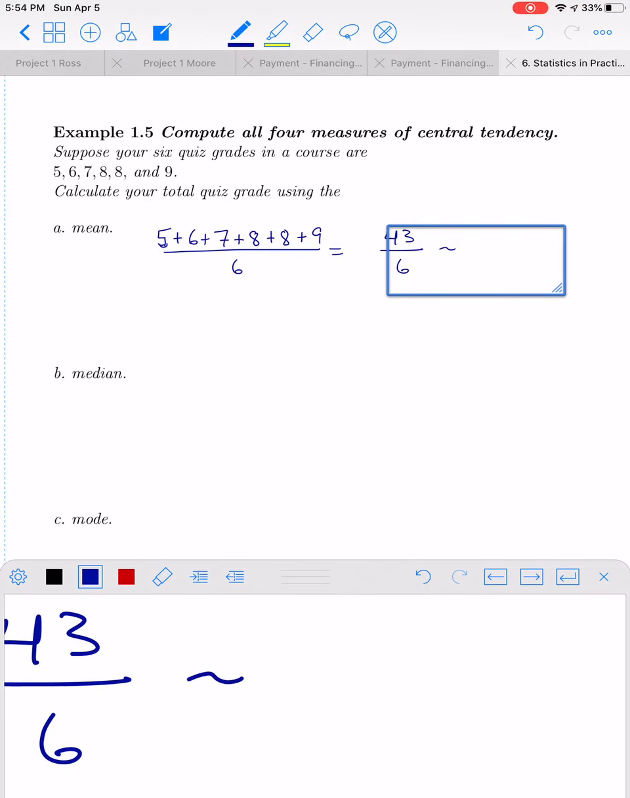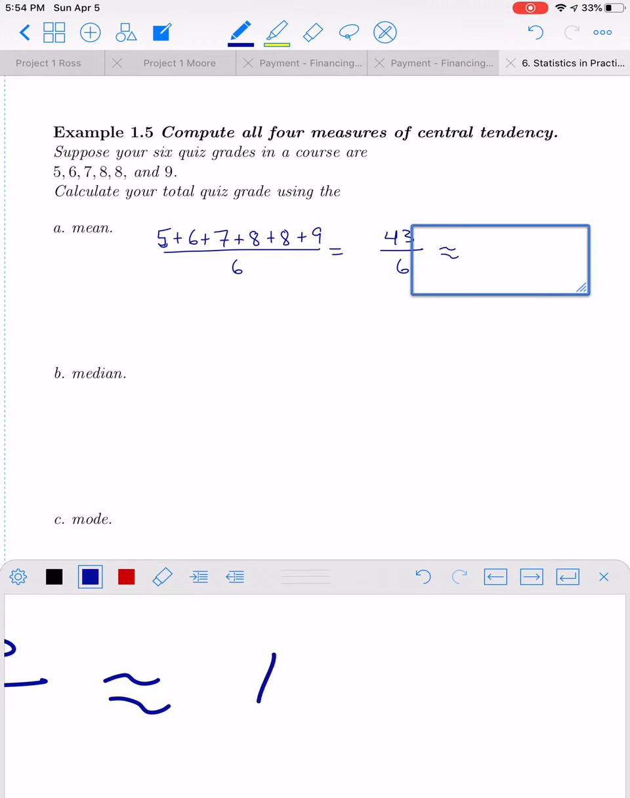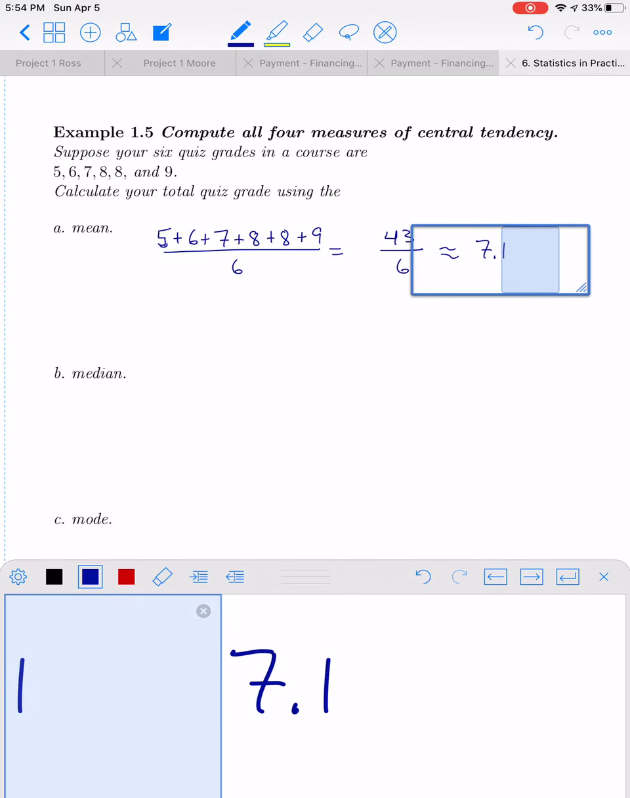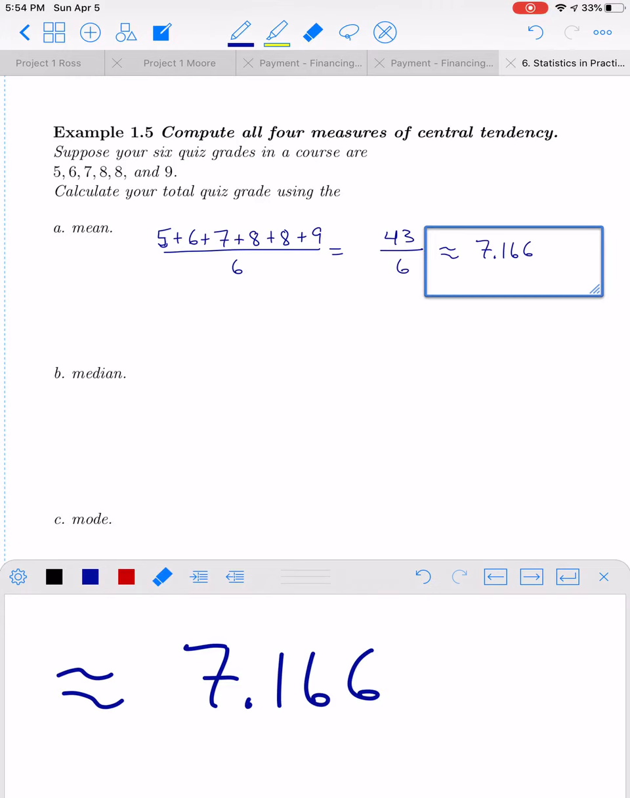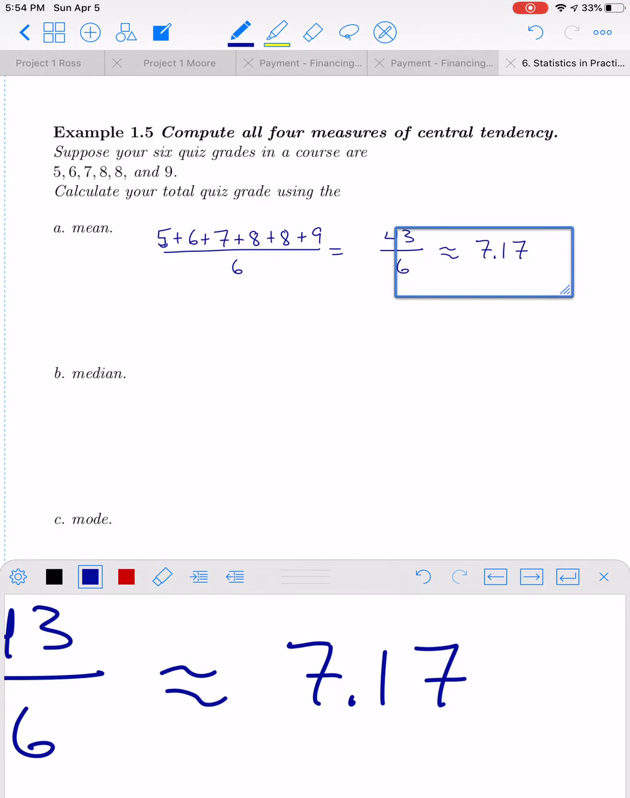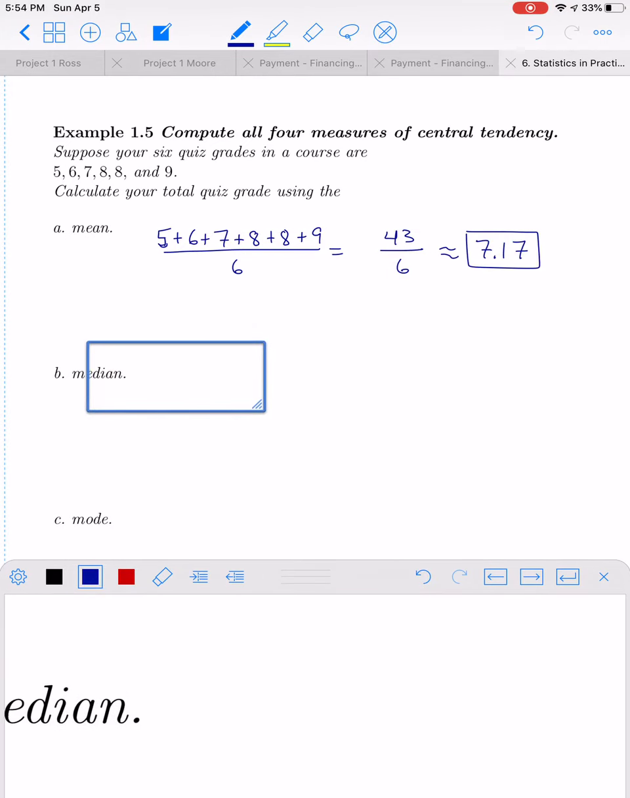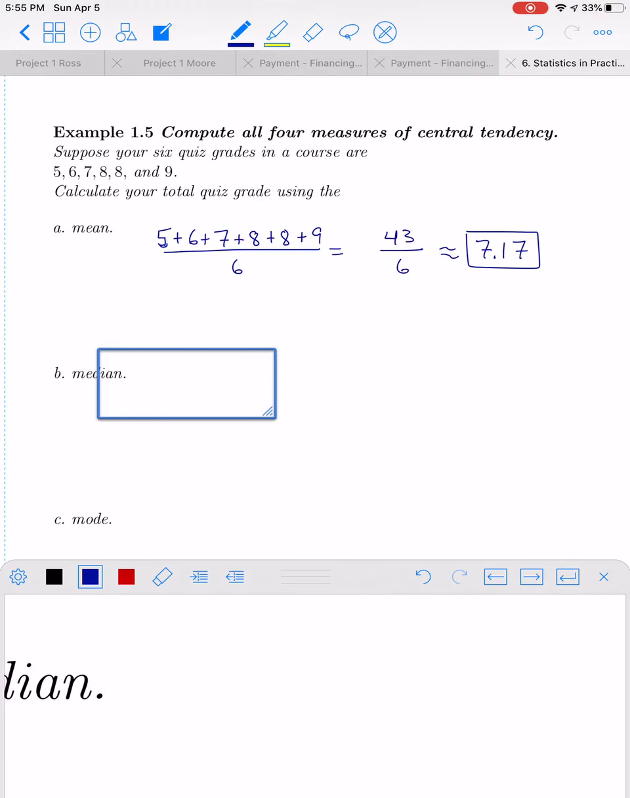And 43 over 6 is going to be rounded. It'll be 6 something. 7.16 repeating, and maybe we just round it to 7.17 to be convenient here. So that's 7.17. Now the median in this case, we need to write our list